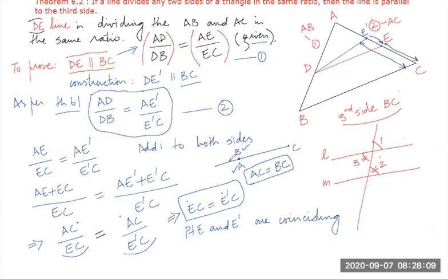Yes, sir. B is here. If B is here and A is this point, then can I say AC is equal to BC? No, sir. For AC to be equal to BC, A and B should coincide. A and B should coincide. So that means if A and E dash should coincide, that means E dash cannot